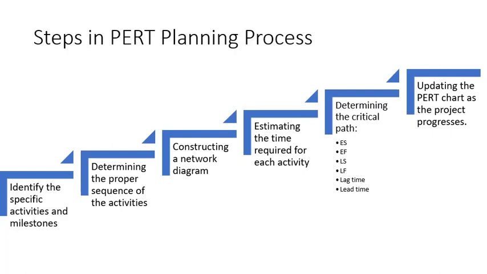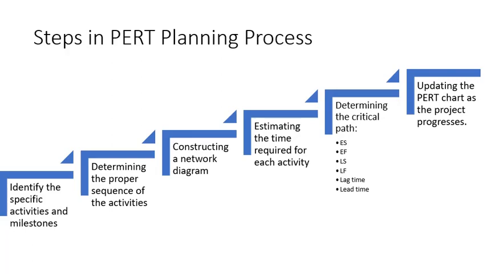As the project discloses the estimated times, it can be replaced with actual times. So yes, यहाँ तक जो चल रहा था, that was only on estimation basis, on assumption basis. As and when the project progresses, we can update the PERT chart with the actual timings. So in case where there are delays, additional resources may be required to stay on schedule, and the PERT chart may be modified to reveal the new situations. So these are all the steps that are required in PERT planning process.